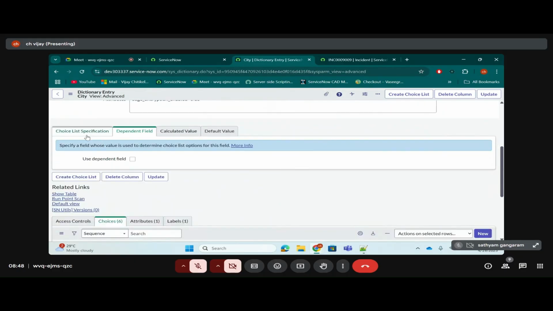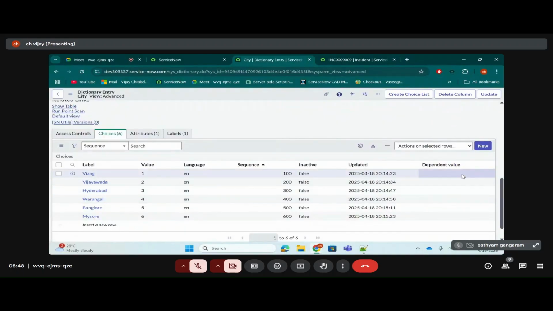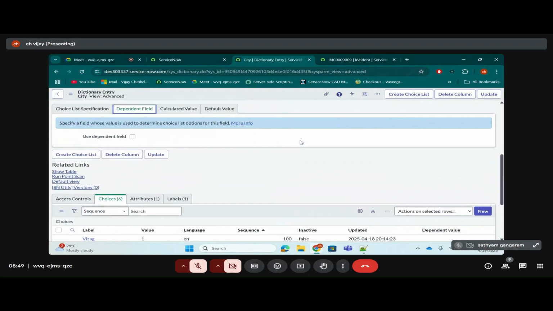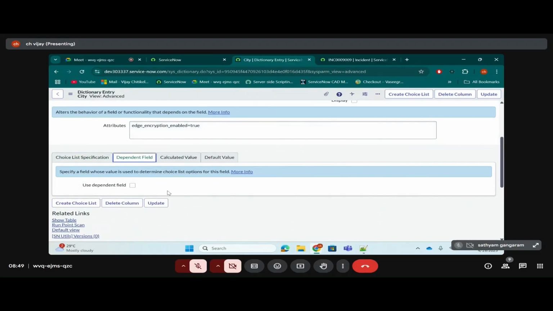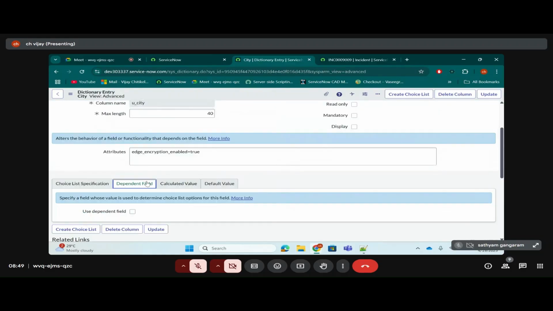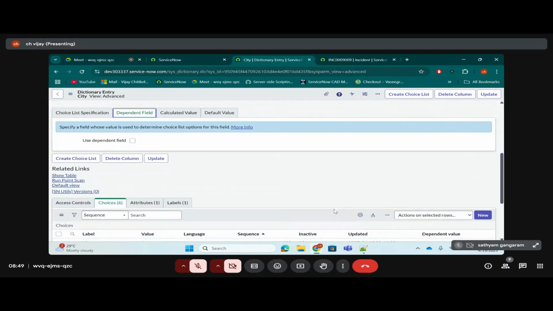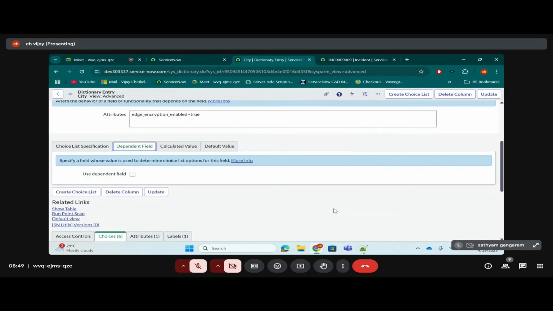Now, do you see any option? You see the dependent field, and here also you can see the dependent value. This is city. After clicking on advanced view only, you will get these options, or else you won't get them. Remember, to make your field dependent: